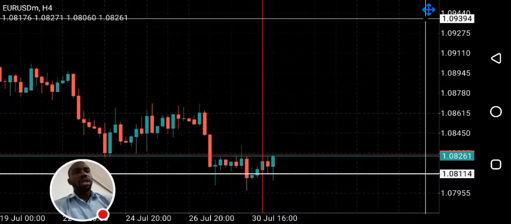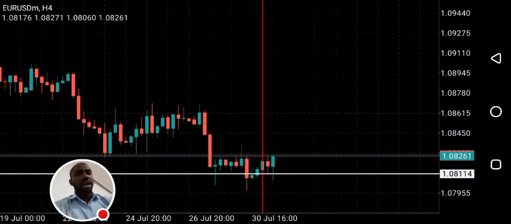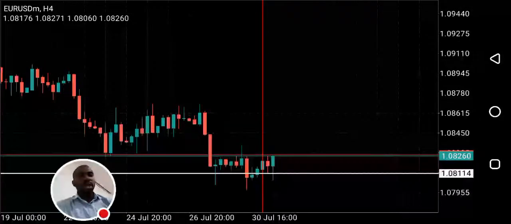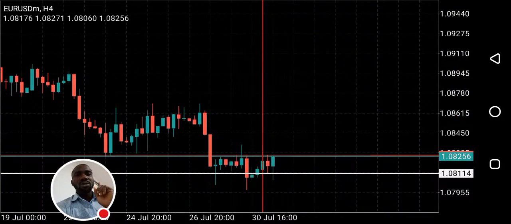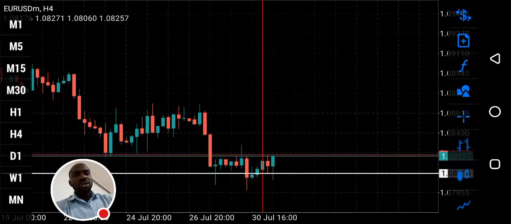Okay, I'm going to buy Euro USD after this class. Though I have a trade on GBP USD, I want that trade to close before I take any other trade. So I might not be taking Euro USD, because GBP USD and Euro USD are positively correlated. So there will be no need taking a trade on Euro USD. If I do that, then I will be over leveraging, which is not in my trading plan.